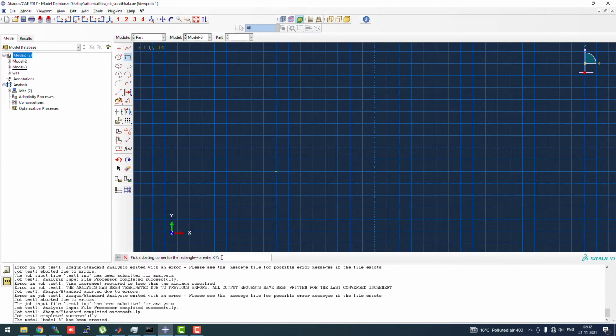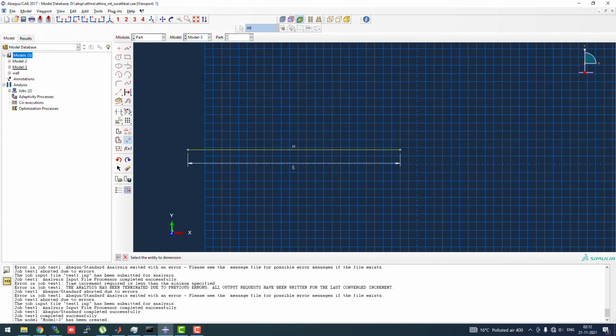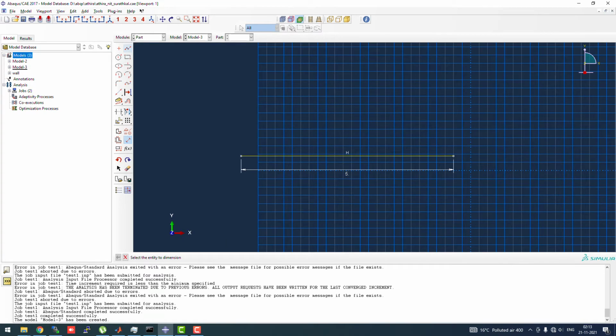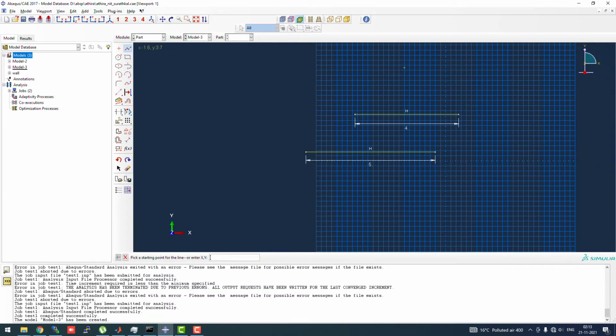So what we want to do is create 3 layers first in this part itself. We'll create a line segment of 5 meter length, like that. Another line segment of 4 meter, and another line segment of 3 meter.